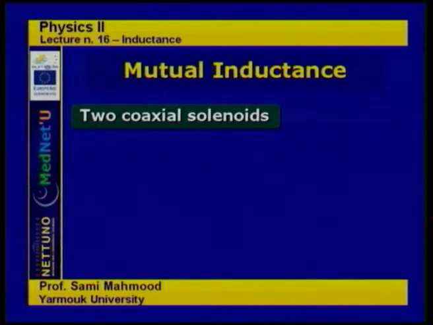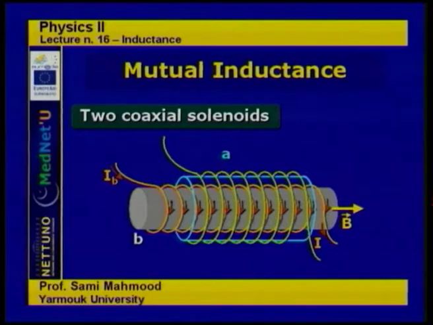Now we consider two coaxial solenoids. These two coaxial solenoids are like two circuits that are interacting with each other, and we calculate the mutual inductance for them. As we have mentioned a little while ago, whether we calculate MAB or MBA is the same, and thus